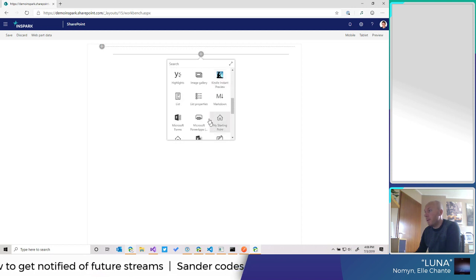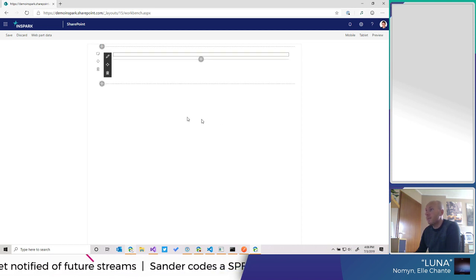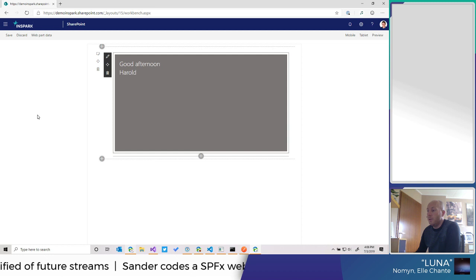So our Webpart is called my starting point, and it will now load this Webpart from my local machine so that I can test it out and see what it looks like. And I do it like this because now I am in the context of an actual SharePoint Online environment, and that allows me to do some actual stuff within the context of SharePoint Online.